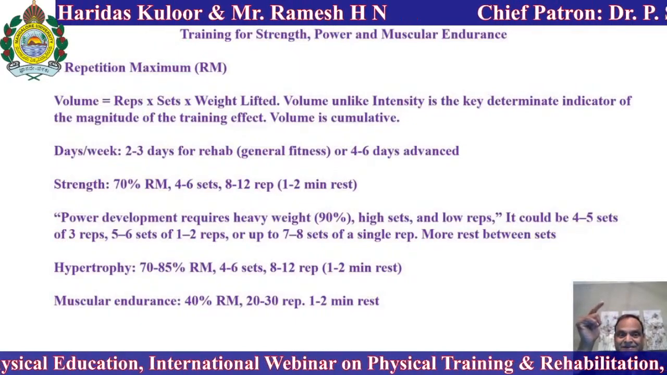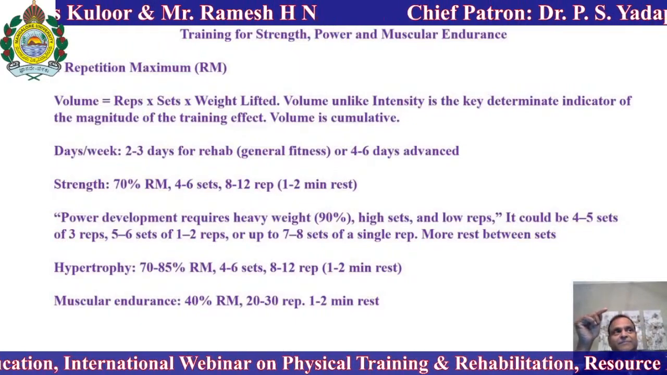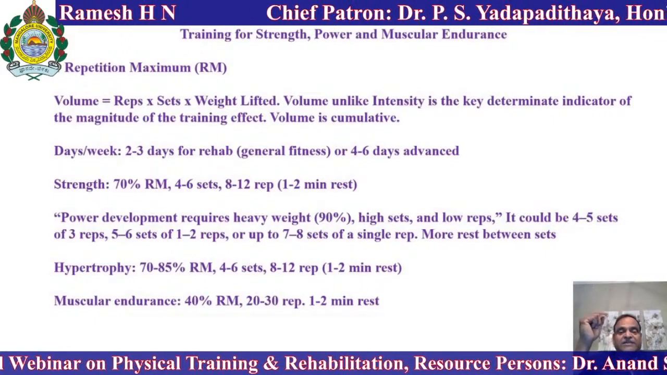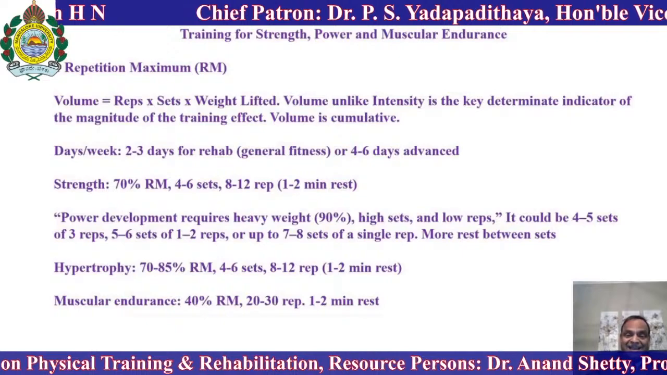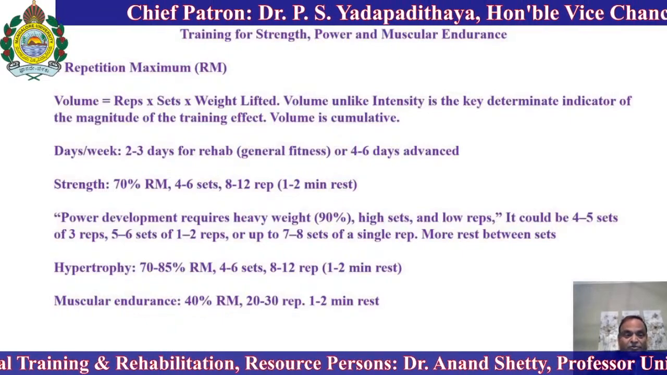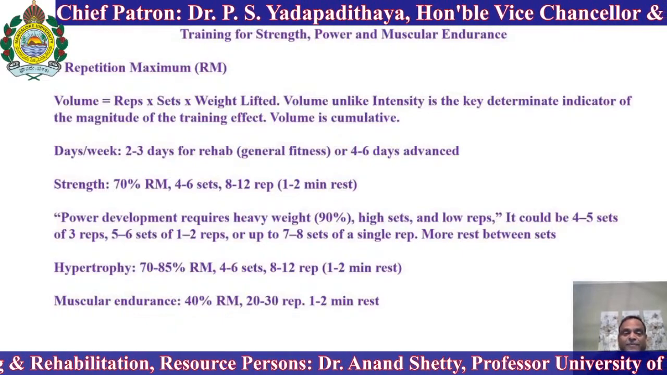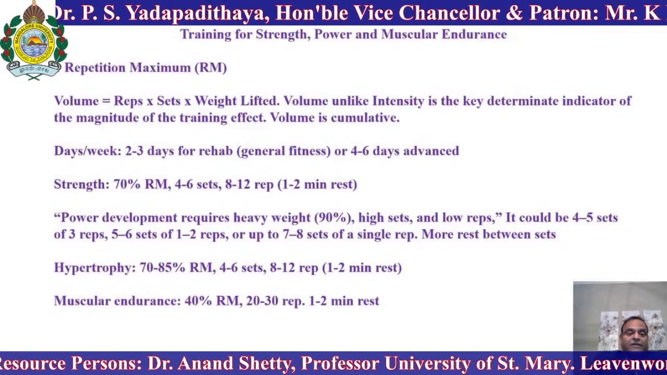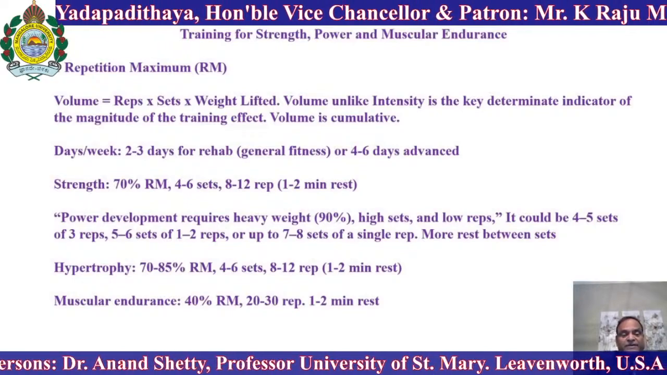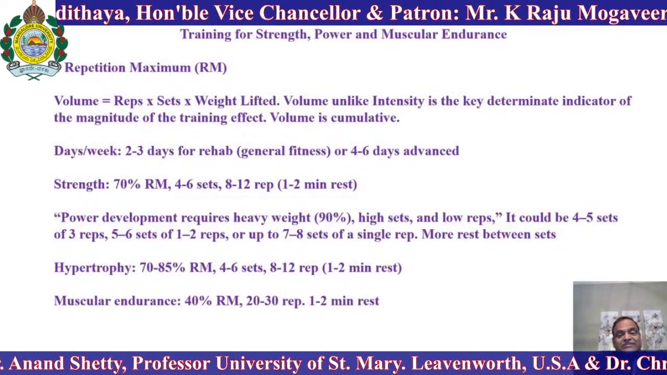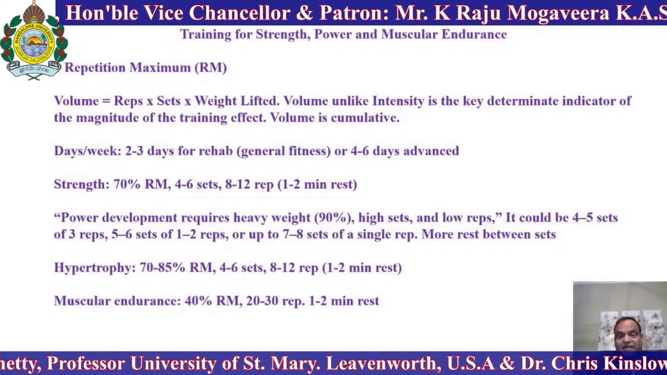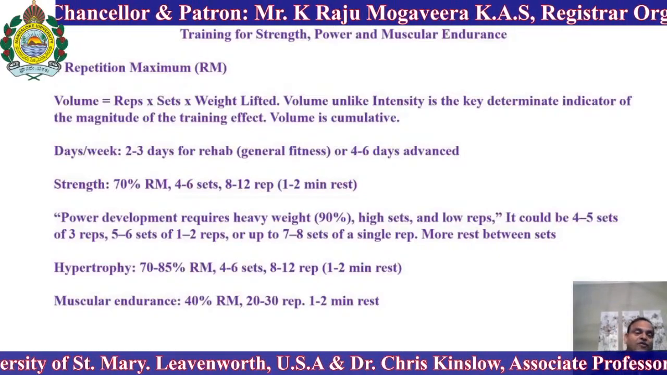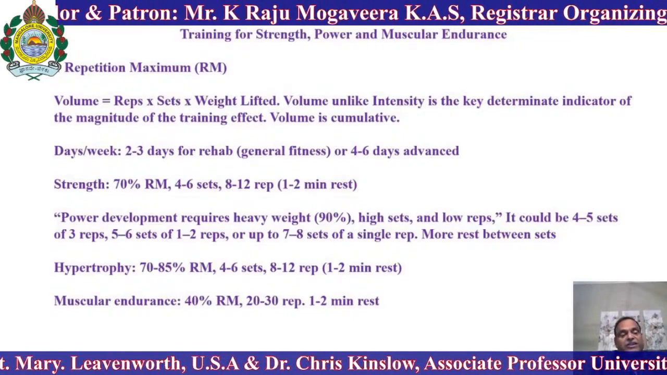It's 90%. That means 90% of 100 pounds for elbow extension is 90 pounds. So it's the high sets and low repetition. It could be 4 to 5 sets of 3 repetitions, or 5 to 6 sets of 1 to 2 repetitions, or up to 7 to 8 sets of 1 single repetition. You need to have a lot of rest in between sets for power development because your